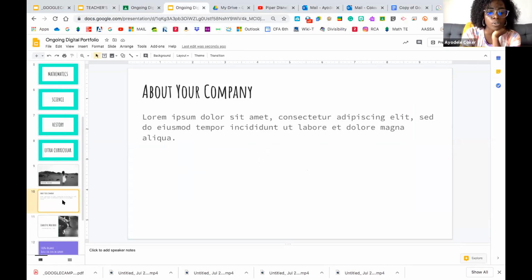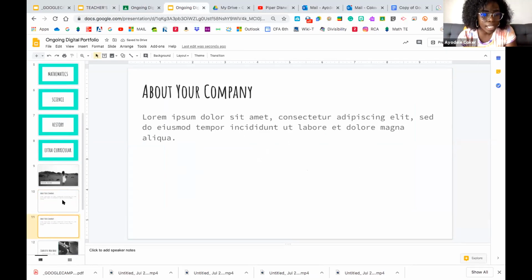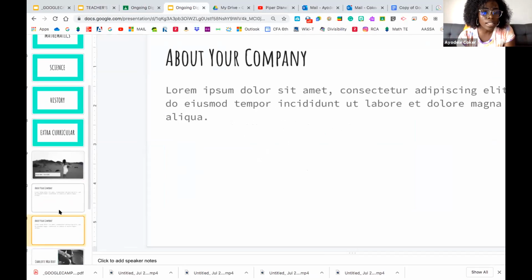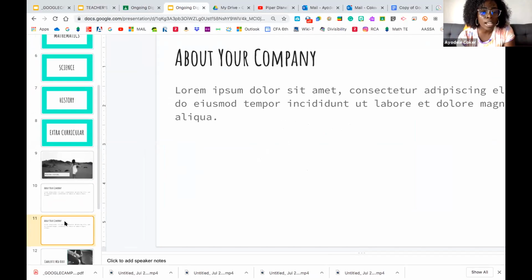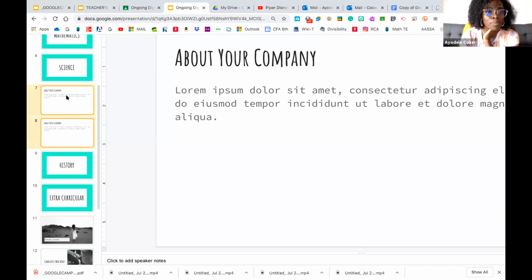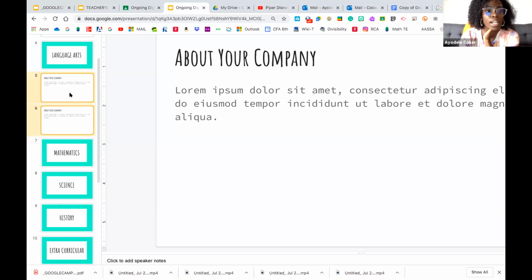And again, I'm going to Control C, Control V, copy, okay? And here's another trick, okay? If you're in the thumbnail section and you hold down Control or Command if you have a Mac, okay? I already have slide 11 clicked. I want to also select slide 10. If you hold down the Control button while you select, you can select as many different slides as you want, okay? Now that they're both selected, I'm going to hold and drag them, and keep dragging, okay, up to language arts. Perfect. That's where I want them, okay?